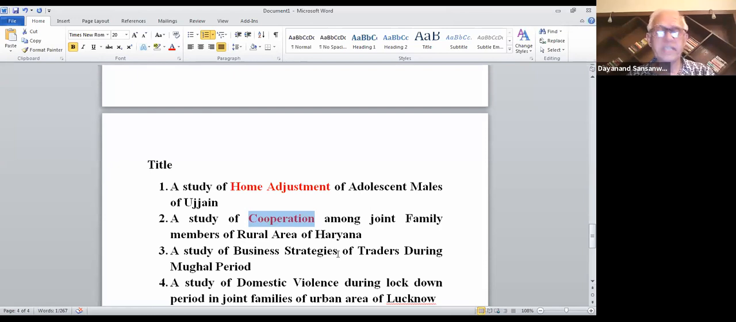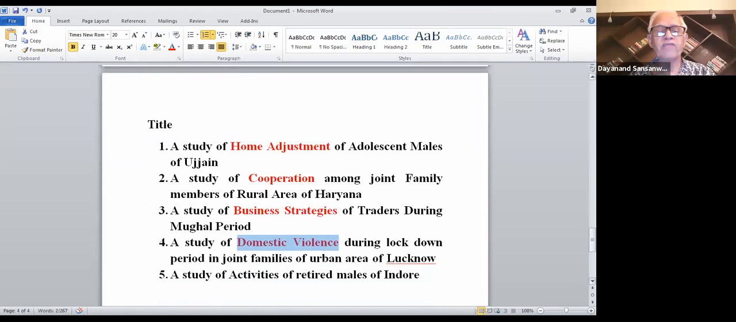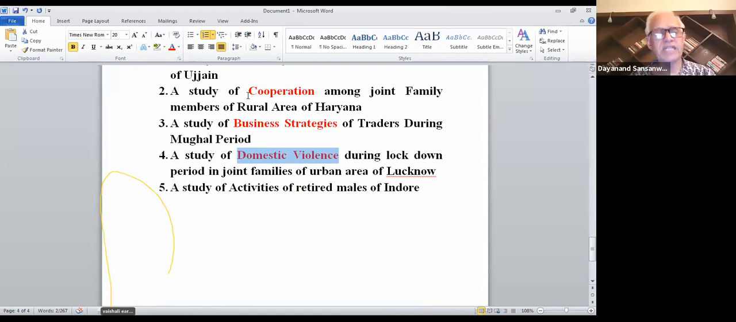The third one is business strategies. This business strategies, it's not a variable like home adjustment or reasoning or stress, because it's a complex one. Now here, domestic violence is again a problem which is not simple. So you can use the grounded theory for the second one, for the third one, for the fourth one, and you can use the grounded theory for this one also, a study of activities of retired males of Indore,